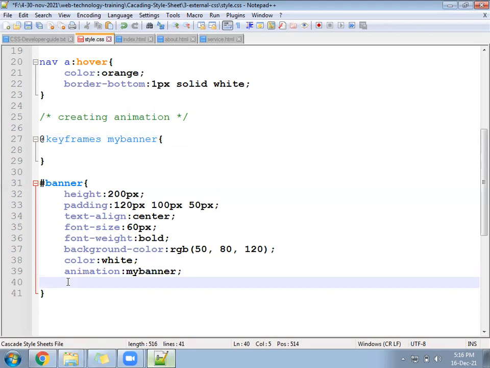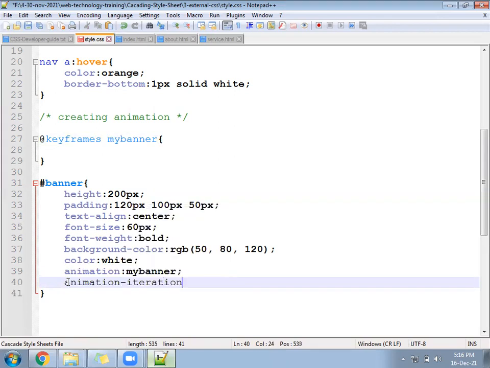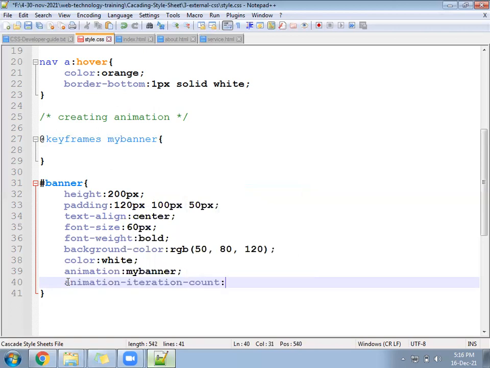That property name is called animation-iteration-count, colon, infinite.